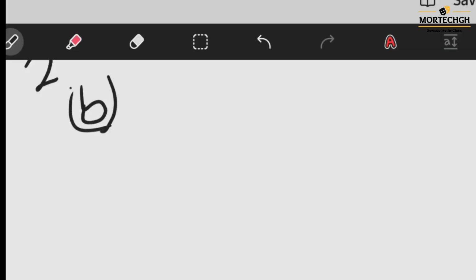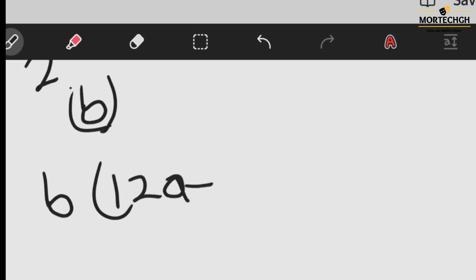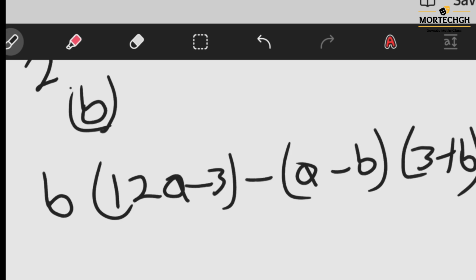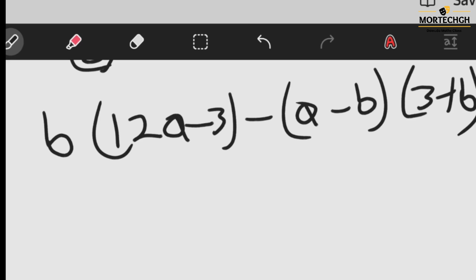Question 2b. Expand and simplify b bracket open 12a minus 3 bracket close, minus a minus b in bracket open 3 plus b bracket close, all in bracket, right? So let's expand it. First, let's expand the first bracket. So you take b times 12a, which will give you 12ab, and you take b times minus 3, which will give you minus 3b,